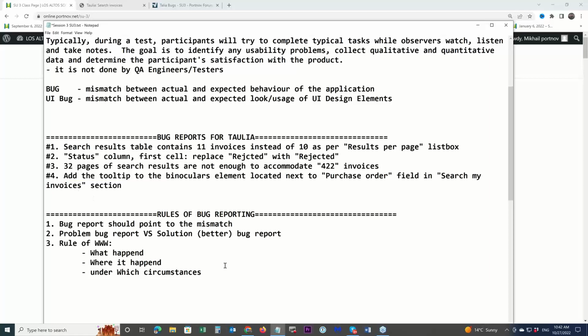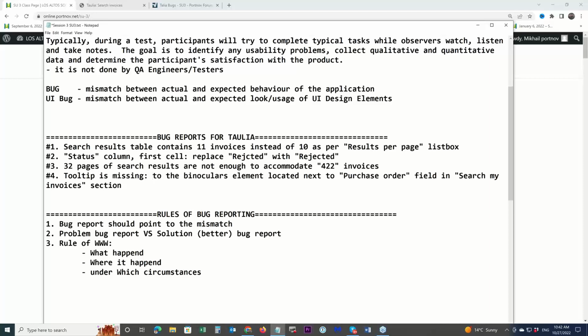Let's start with the what happened. What happened? Tooltip is missing. So that is what happened.